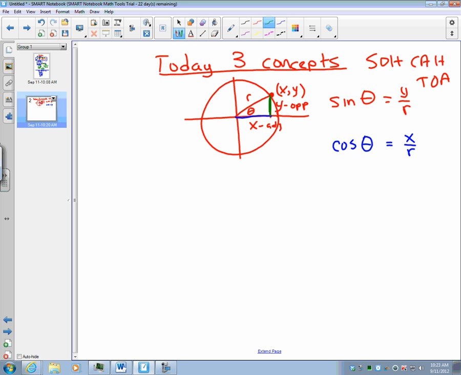And tangent would be opposite over adjacent, which is y over x, right? So I want you to think of it in terms of these, x, y, and r, instead of opposite and hypotenuse. Because that way, when you had the question like you did last year, like this,